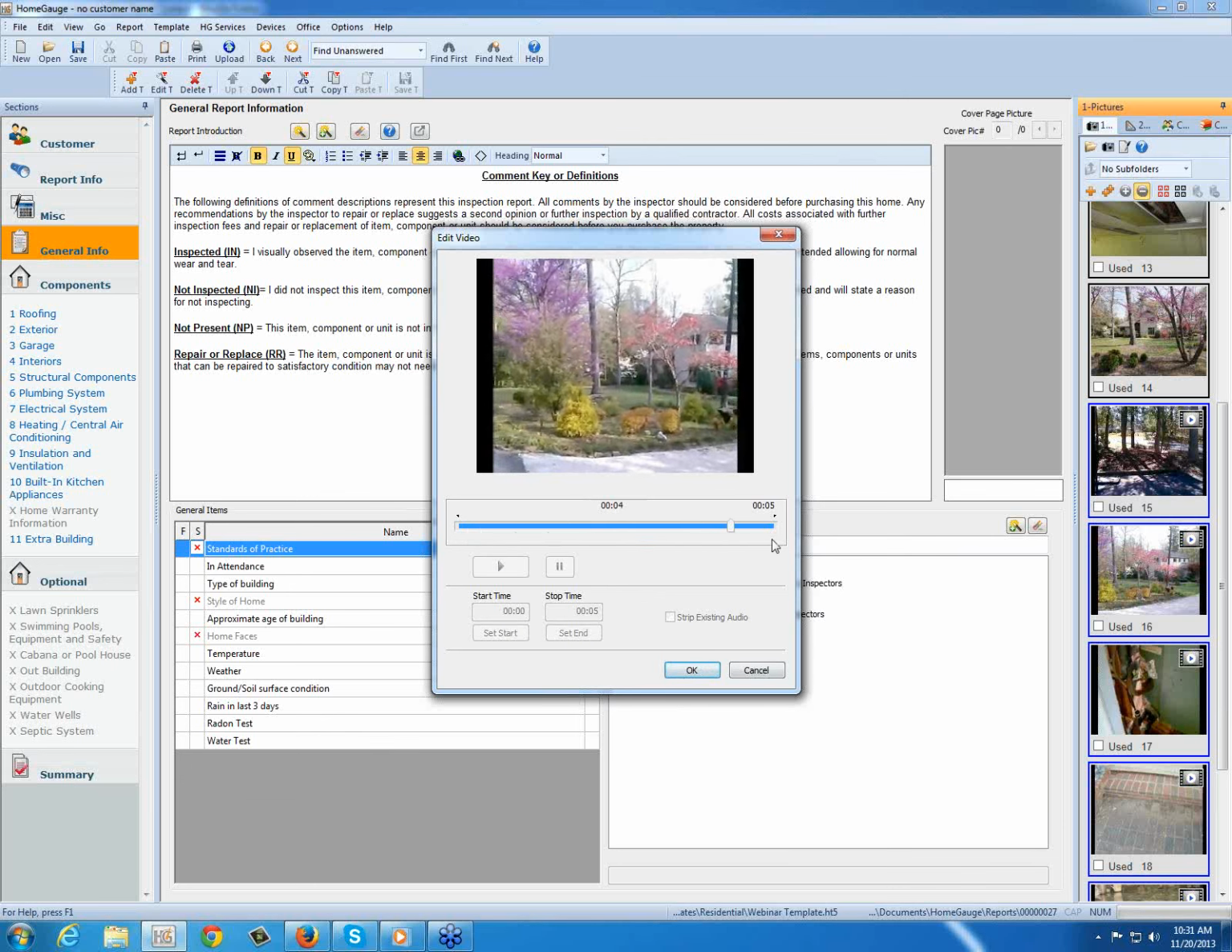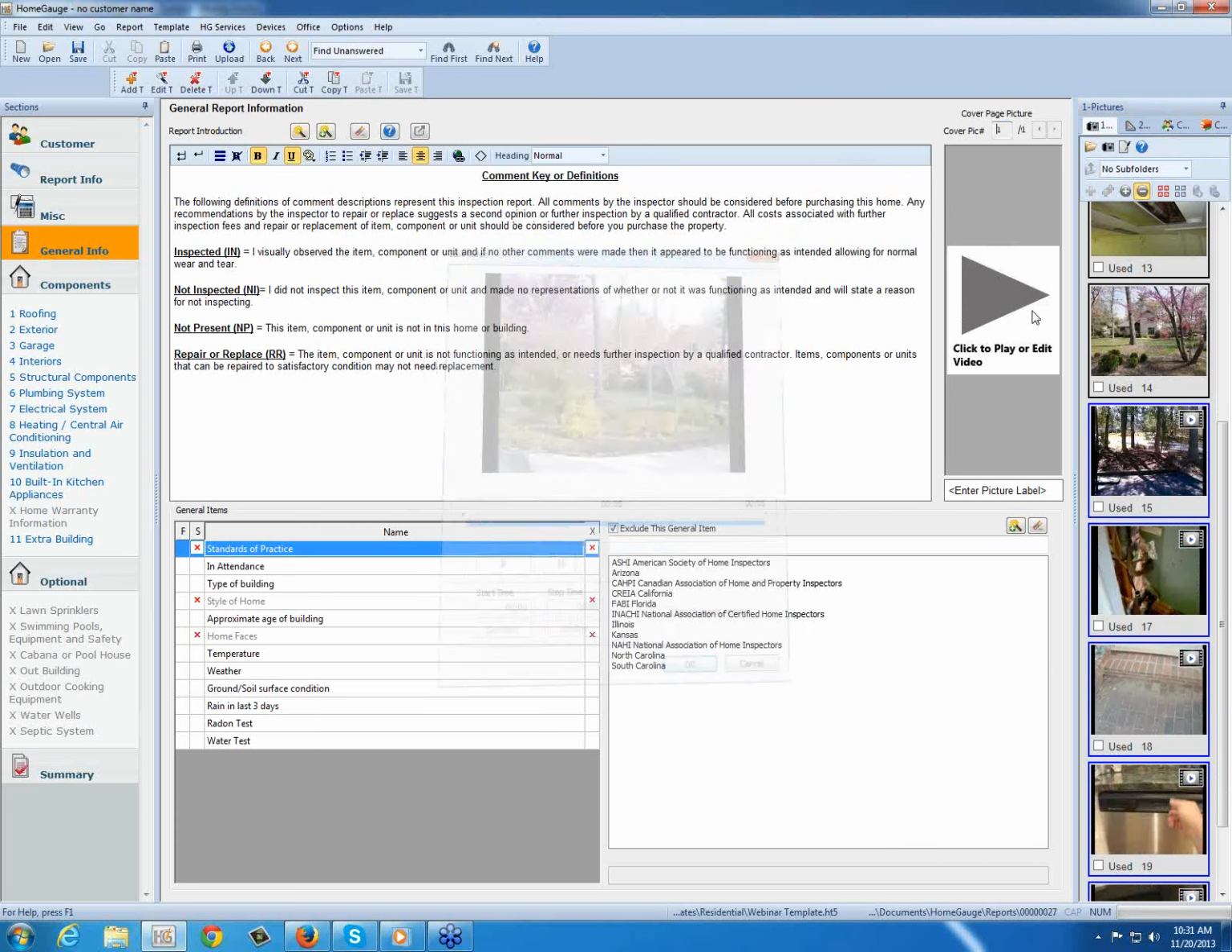Once you click OK, it's going to convert it one more time, and then it's going to put it here. So you know that this little triangle indicates you have a video there. And you can just say,